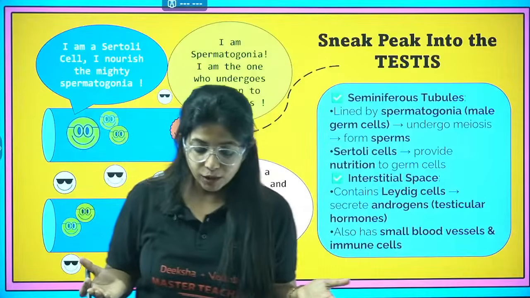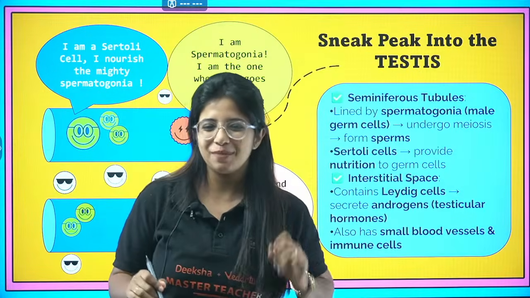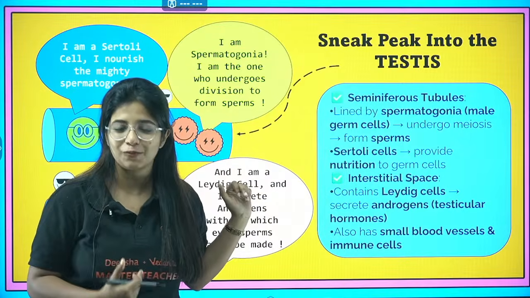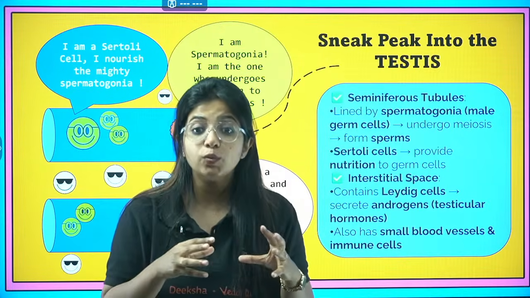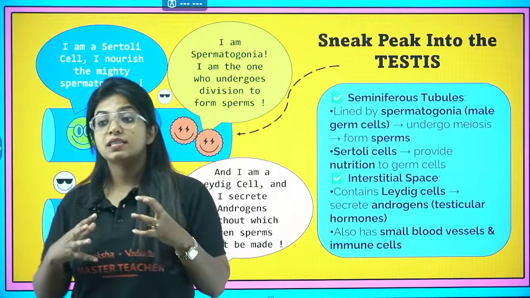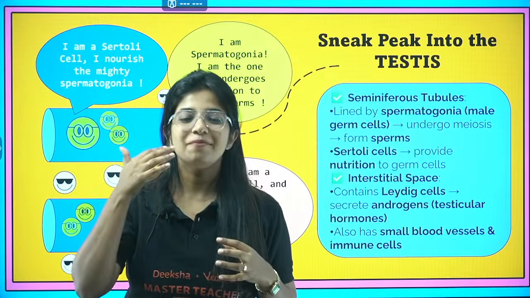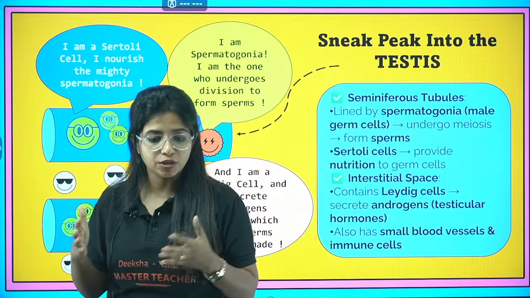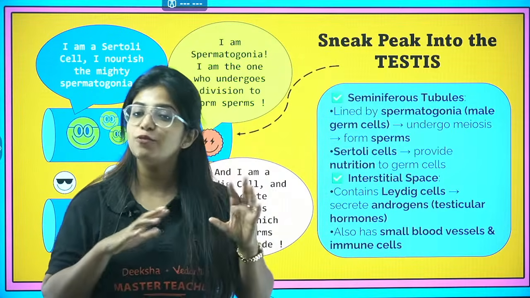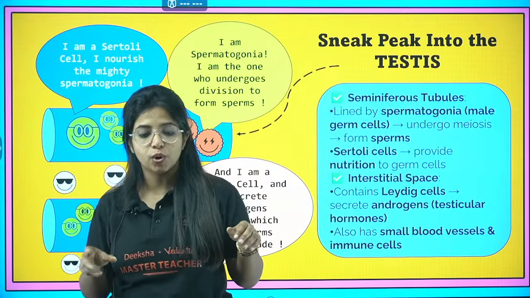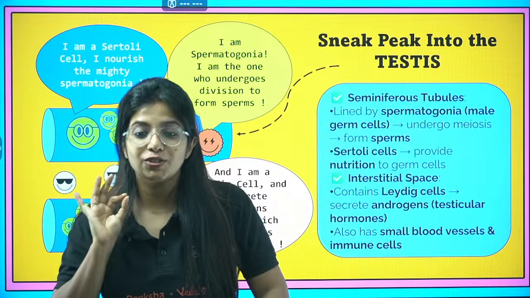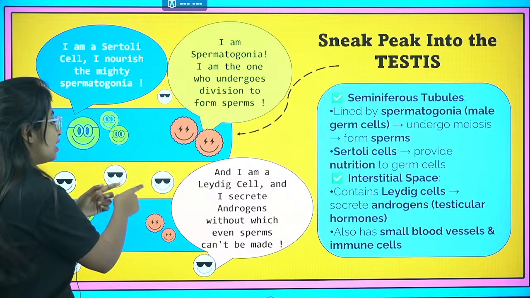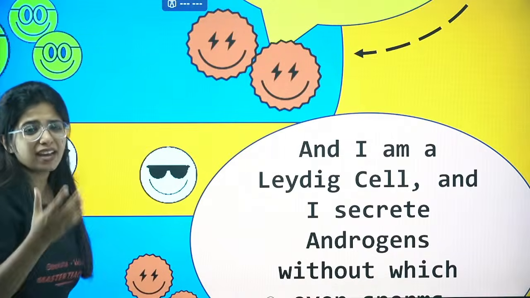My God, I didn't study the function of androgens until now, right? So listen to me carefully. These cells which are there in the middle, they are not just lying up there. They are having some work. What is the work? Basically, they are the ones that are going to synthesize the male hormones, testicular hormones that are known as androgens. The male hormones are known as what? Androgens. And the famous amongst all the androgens is what? Testosterone. So androgens, or specifically testosterone, all of it is made by this guy that is known as Leydig cell.